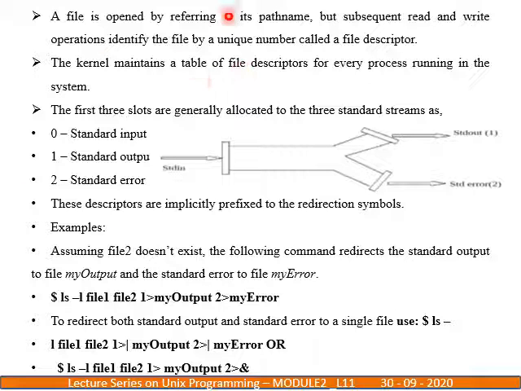The file is opened by referring to its path name, and read and write operations identify the file by a unique number called a file descriptor. These are the file descriptors: standard input is 0, standard output is 1, standard error is 2, and these descriptors are implicitly prefixed to the redirection symbols. This is another example; you can go through this and you will come to know.